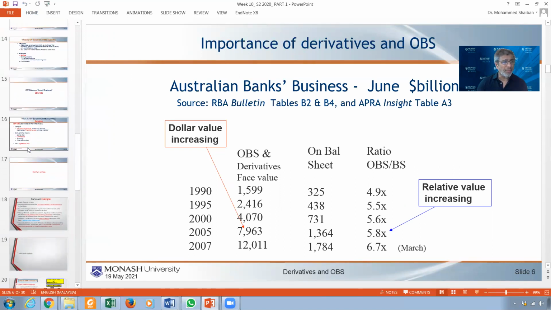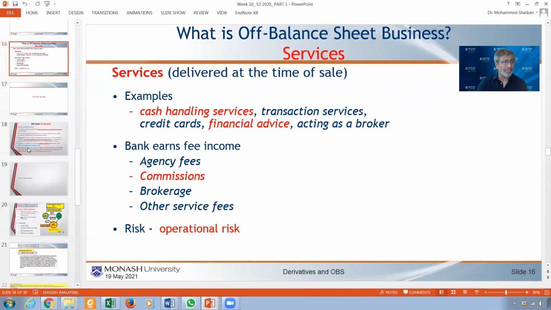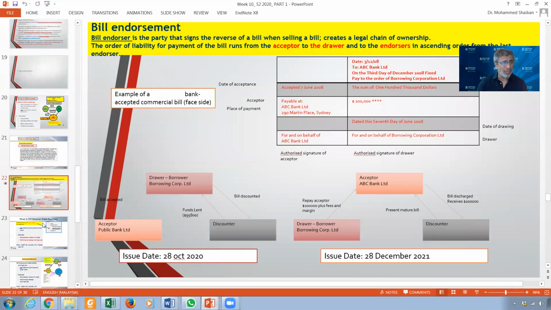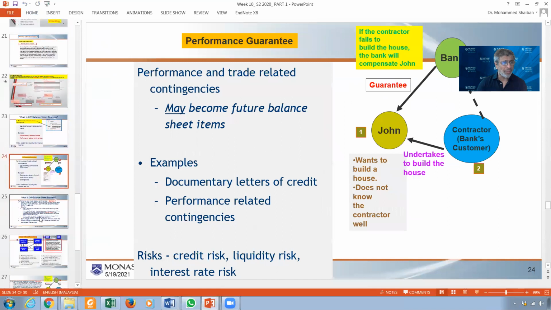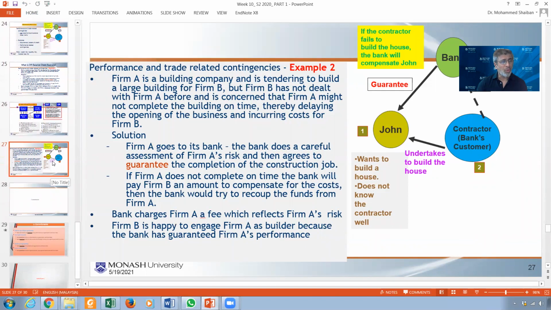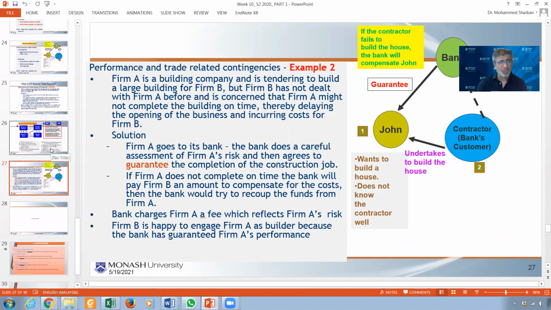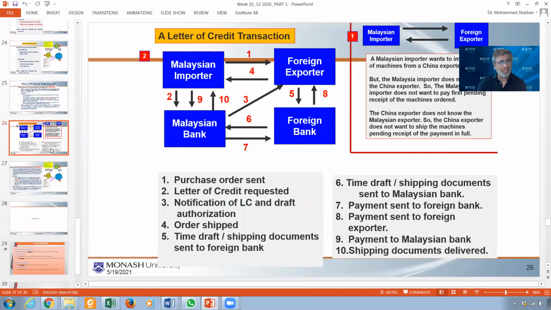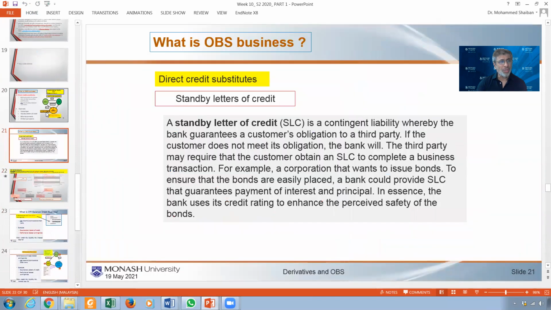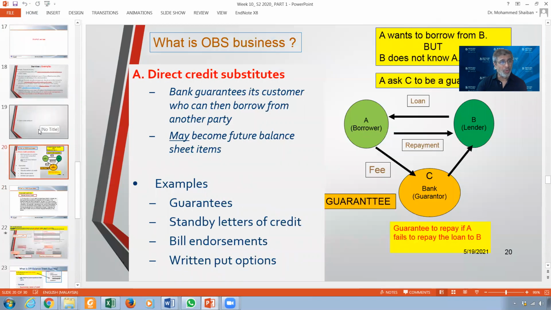But when you come to the structure, all of those, don't worry about them, because this is the structure of the financial products and how they work. Actually, we have nothing to do with that. We are saying that the OBS is bringing some risk. We are interested to know what the risks are, but we are not interested in the financial products and their structure. This class does not discuss those issues. So I don't want you to worry about how they work.